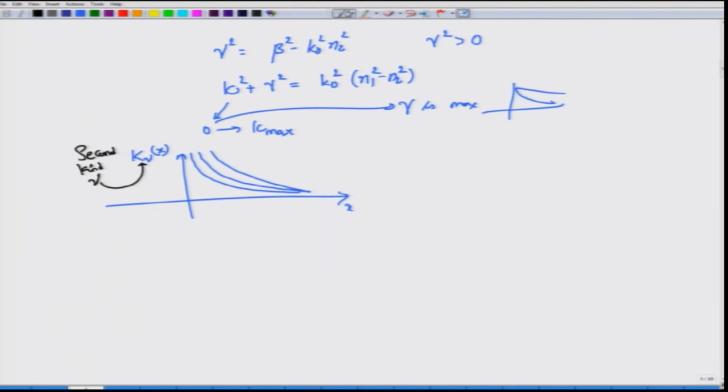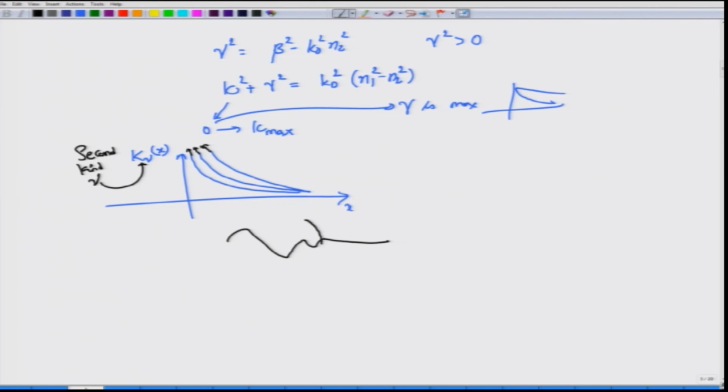What is important to note is the shape of these orders. They are all exponentials, but they are exponentials which go towards infinity at x equal to 0 and then drop off exponentially. Anyway, this is fine for us, because if you imagine that the solution inside the core is an oscillatory solution, at this point you need to have an exponentially decaying solution, which is provided by fitting one of these orders.